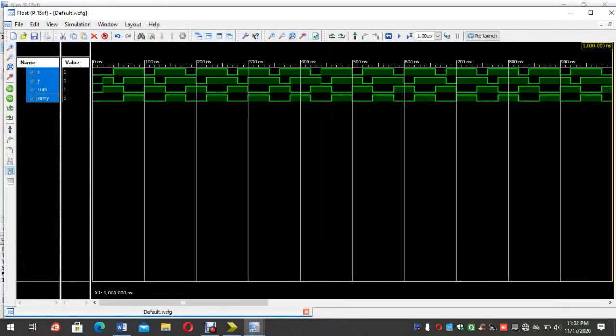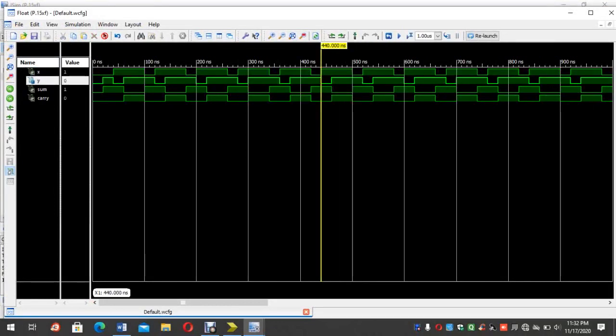So this yellow line is the pointer line, and the values at this yellow line are shown here. See here, x is 1, y is 0, meaning 2 inputs. At that time sum is the XOR operation, and 1 XOR 0 is 1, so it is right. Then carry, 1 AND 0, is 0, it is correct.